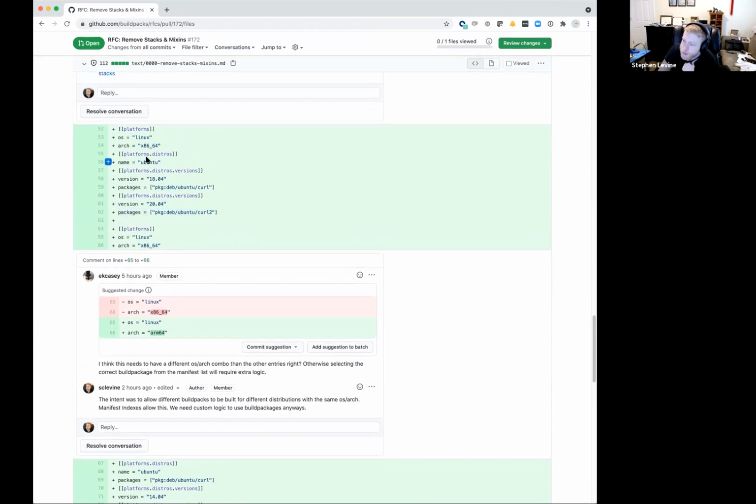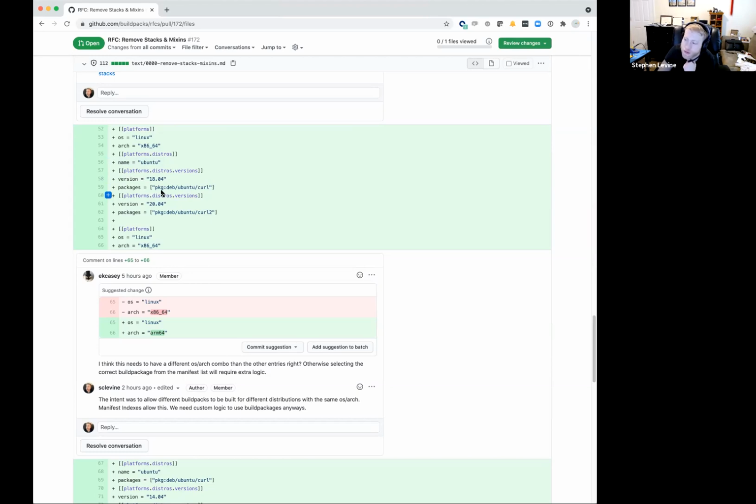Oh, like this up here? Yeah. So Emily had a question about ID: because Debian and Ubuntu do share some package names, should you be able to have an entry here that's like name like, and then Debian, and it'll match against the name ID like field in OS release and let you do that? So that could be one way we could solve that.